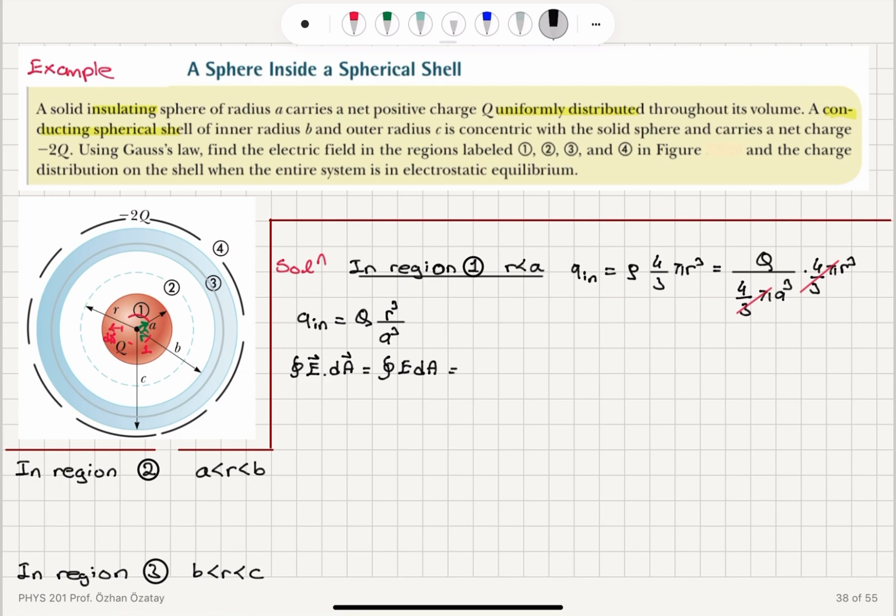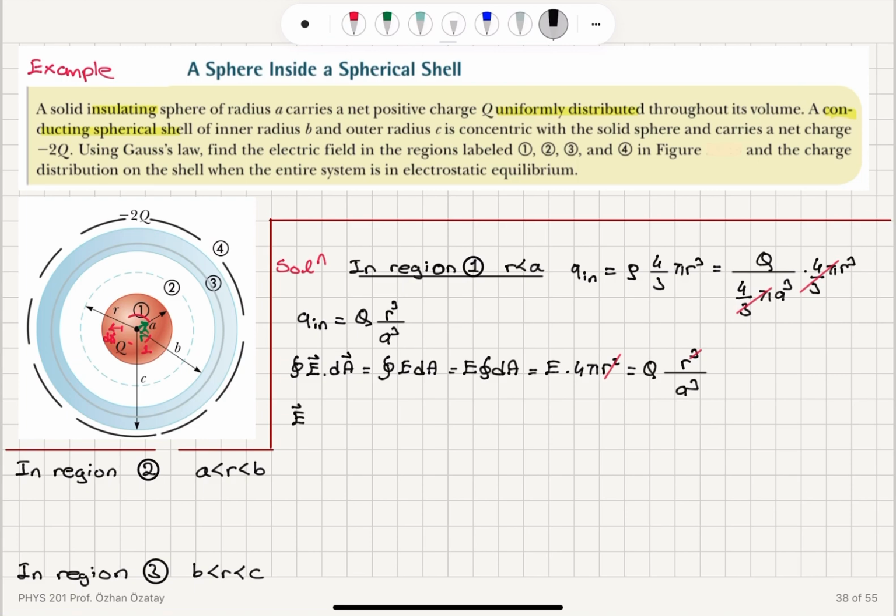And the electric field will only be a function of r, so we can take the electric field outside and calculate the surface area, integral dA. That's E times 4 pi r squared, equal to the charge enclosed, which is q times r cubed divided by a cubed. All right, so this r squared will make this r cubed into r, and we will be left with an electric field